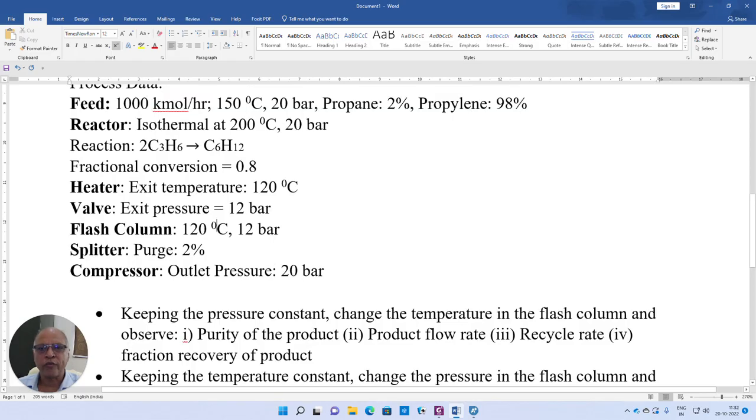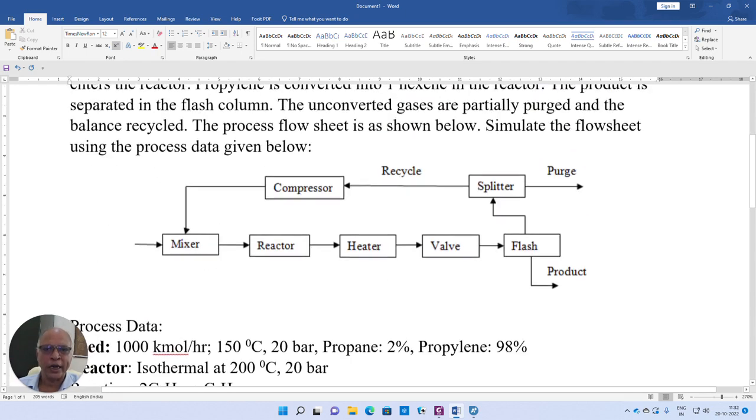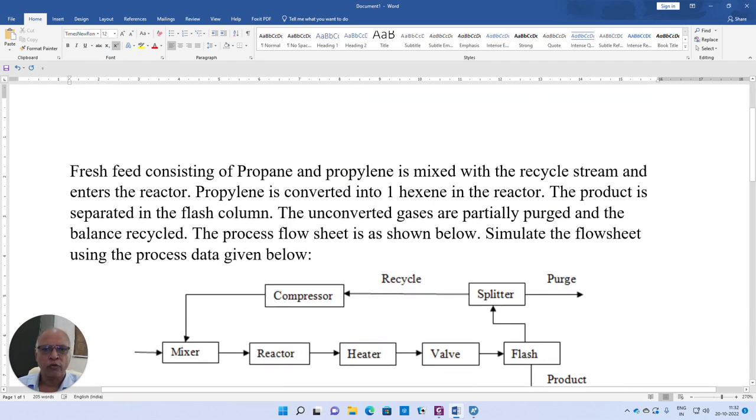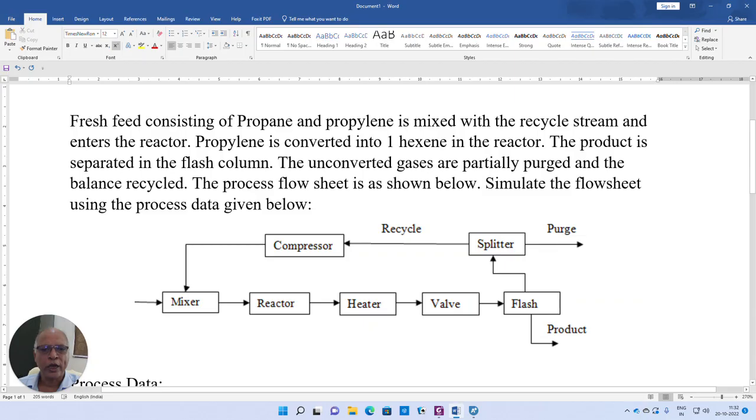So all the required information is available, the conditions, operating conditions, and necessary details. Essentially, we will be looking at doing mass balance on this flow sheet, though you are also going to perform energy balance. The major concentration is going to be on mass balance and analyzing the performance of this particular flow